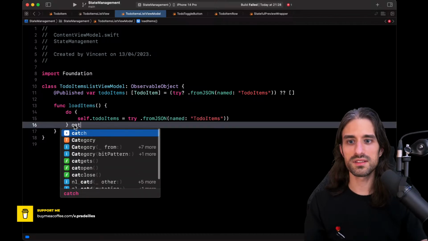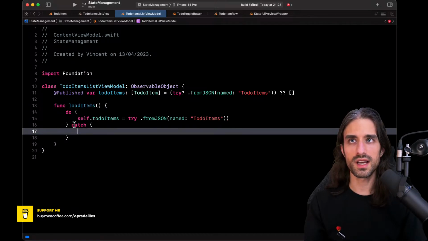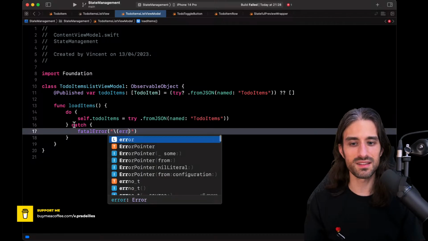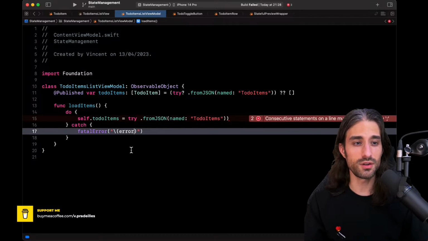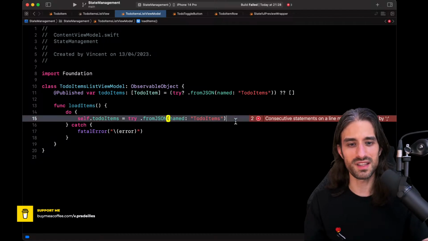And if there is an error this time, I will deal with it not in the best way ever because I'm doing a fatalError, but at least the error would be returned to the console. Keep in mind that in a real app, you wouldn't do things like that. Here, I'm just having some static data so that we can easily have some data available without having to set up something more complex like Core Data, for instance.